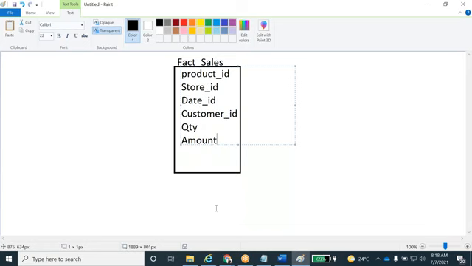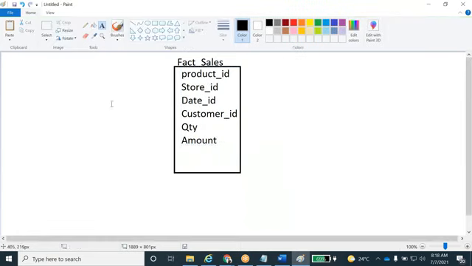So these are in my fact table. Okay, now I'm going to take one more table, that is a dimension table.